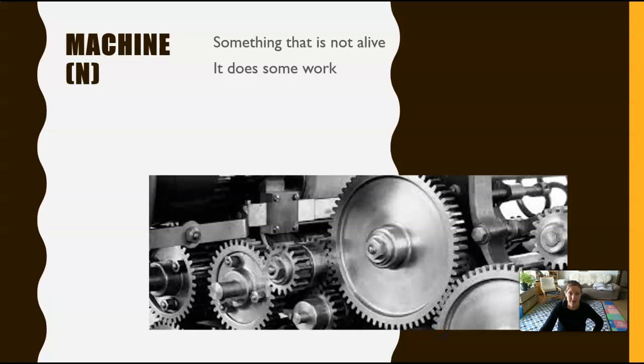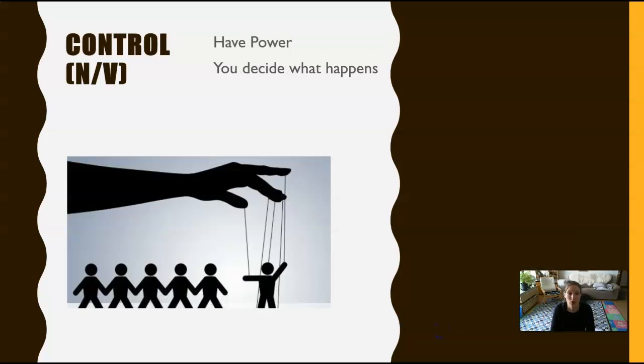Machine. Something that is not alive and it does some work. A machine. Control. Control means have power. You decide what happens. So you can control the volume, turn up the volume or turn down the volume, right?